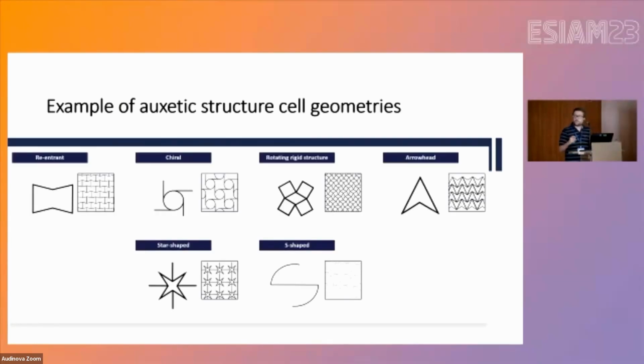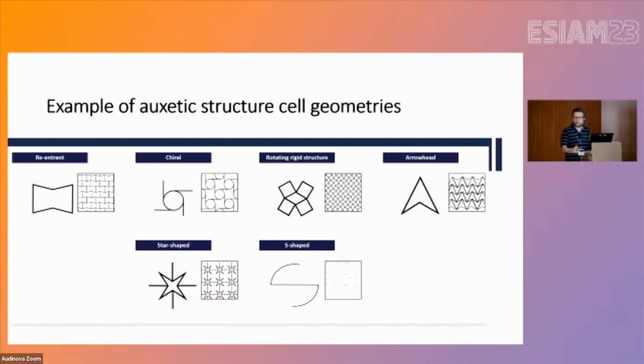So the type of auxetic material can be determined by the geometry of its structural cell. Here are the most basic structures. First, you have re-entrant, on the left, which is basically a hexagonal structure. And when this material is stretched, the sides that are facing inward expand and thus make the material